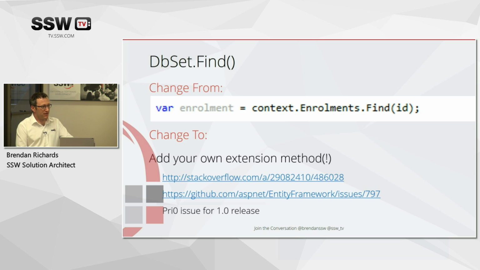There is an extension method that people have written on Stack Overflow, and the guy that wrote this extension method does have commit privileges to Entity Framework, so this guy knows what he's doing. So I would actually take that piece of code and add it into your project if you want to use, well, you should use that. So add it in. This particular issue has been marked in the Entity Framework's issues board as priority 0 for the 1.0 release. So I'm thinking that should be coming very, very soon. But right now, it's just not in there.